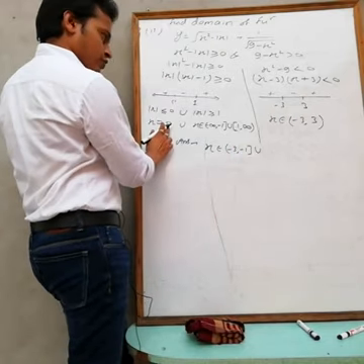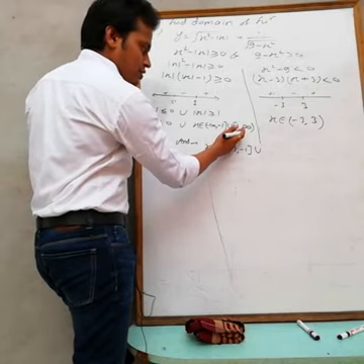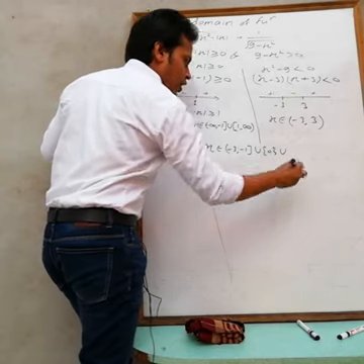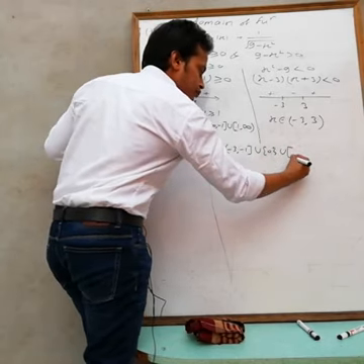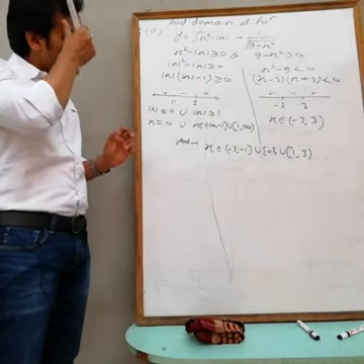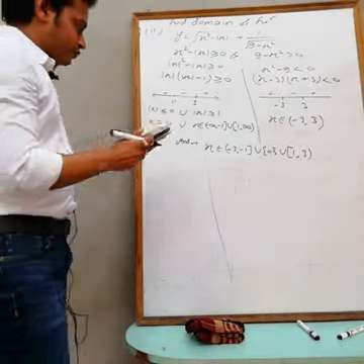Union 0. 0 is also there, na? You can take any value between minus 1 and 0 because this is starting from 1 now. So 0, only one member, and union then after 1 up to 3 you can take only. So this is the domain for this function. Clear? Now see the next one.